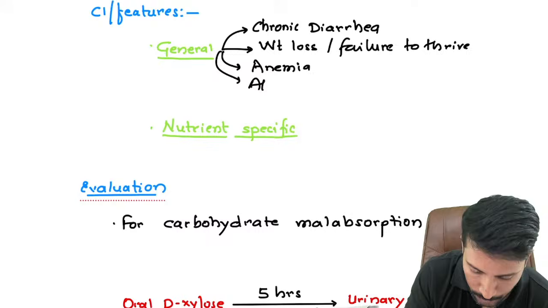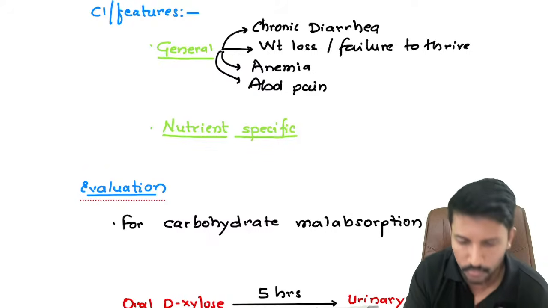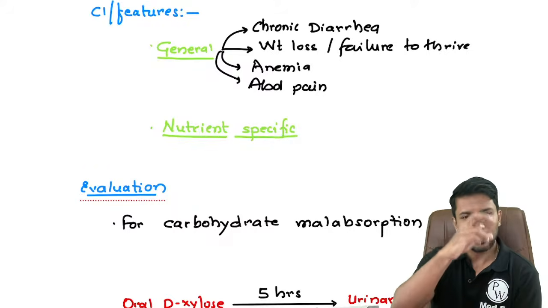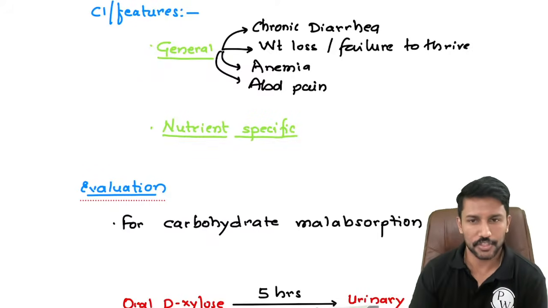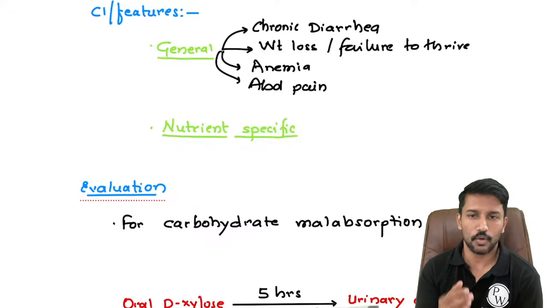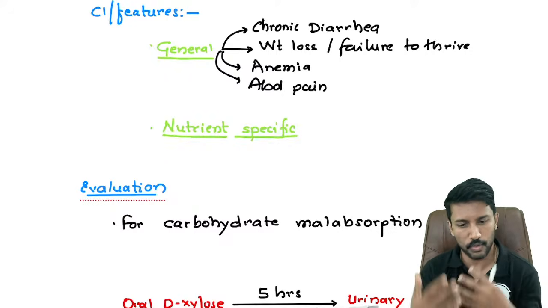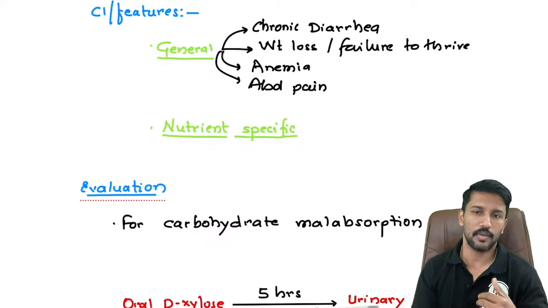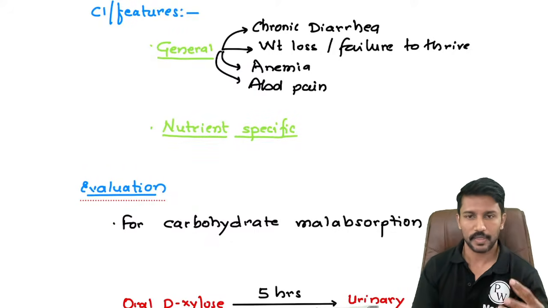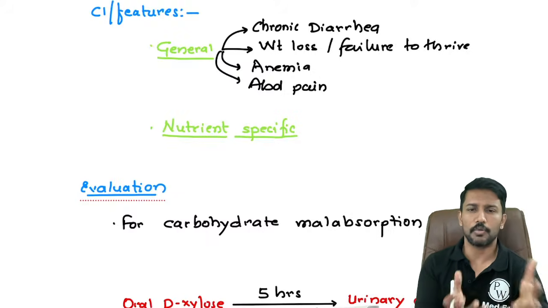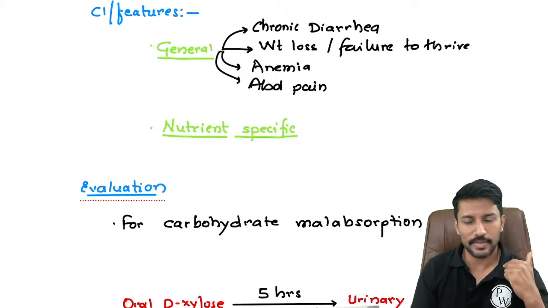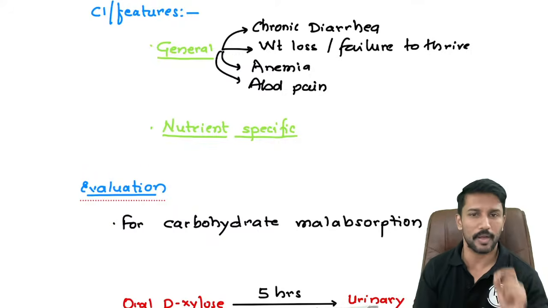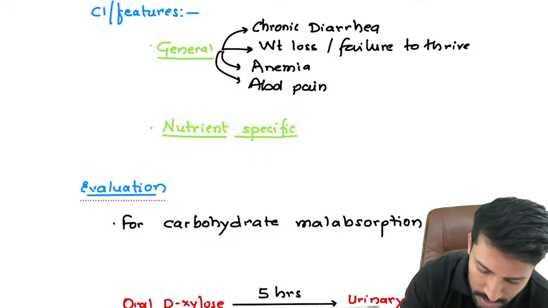Patients can also have abdominal pain, because, just to give you an example, if you're not able to absorb carbohydrates, then these carbohydrates will travel through and reach the large intestine, that is your colon. And once it reaches the colon, there are a lot of bacteria sitting there to utilize this. So they will start digesting it. But how do they digest? They ferment it. When they ferment, there will be liberation of carbon dioxide gas. And that gas gives you flatulence and abdominal pain, right? That's why in irritable bowel syndrome patients, we ask them to avoid the fermentable foods in the diet. That is the FODMAP diet we were recommending, right? So these are general symptoms.